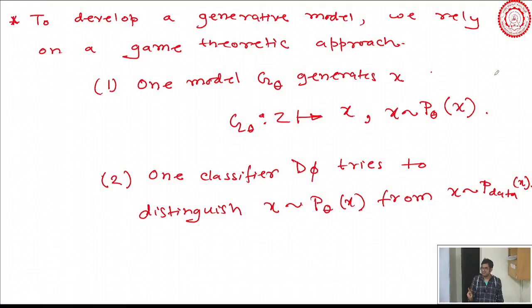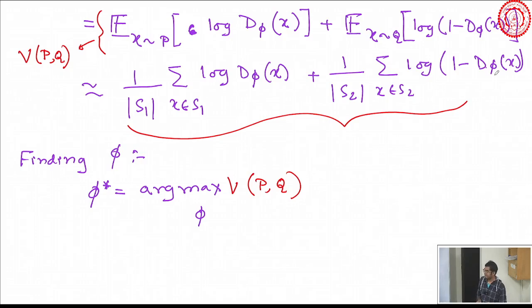What is the generator trying to do? It is trying to fool the discriminator. What does fooling the discriminator mean? The discriminator should not be able to classify, right? So if the discriminator is not able to classify, then what should happen to this likelihood? When the discriminator is able to classify, what happens to this likelihood? It is maximized. If you want the model to not be able to classify, what should the generator do? Minimize. That means you will train the theta so that this likelihood is minimized.